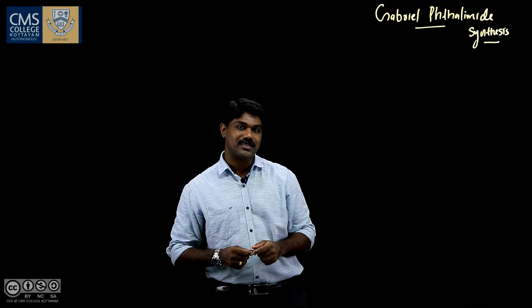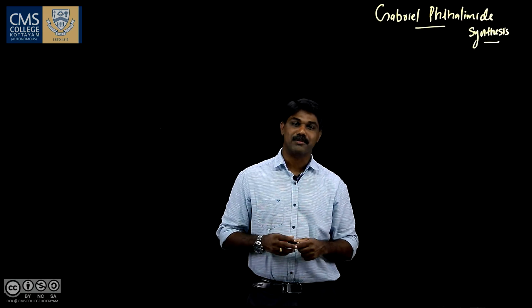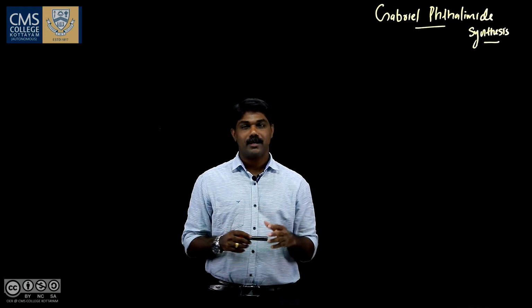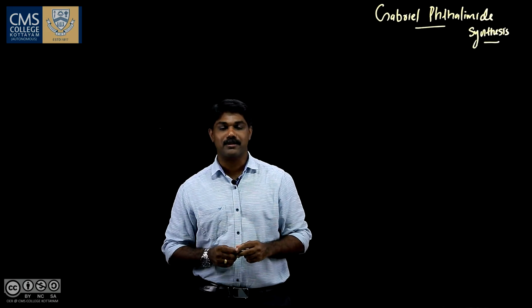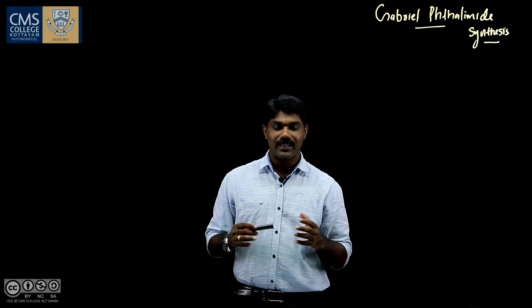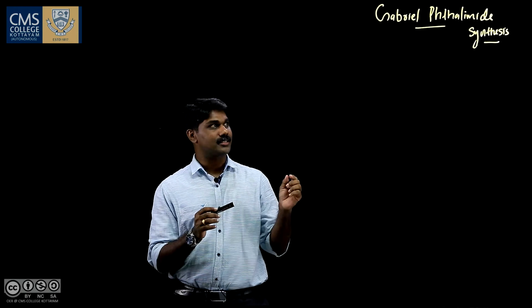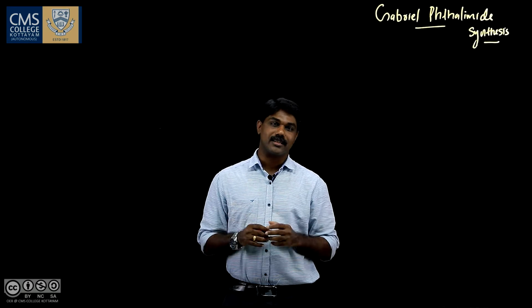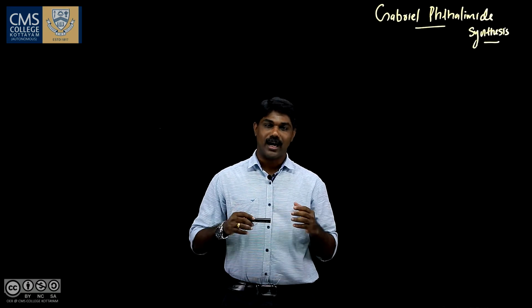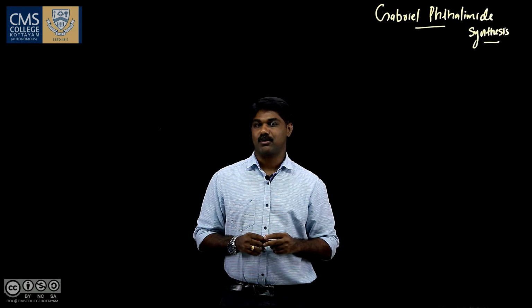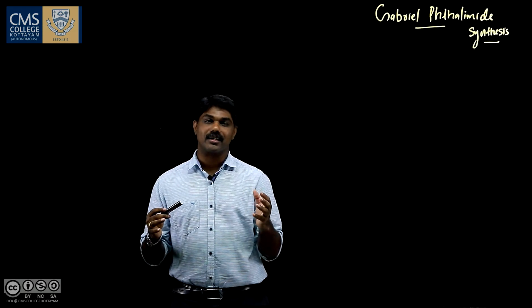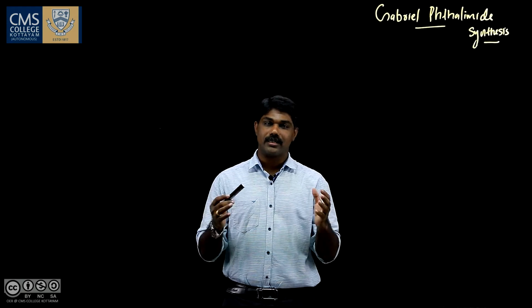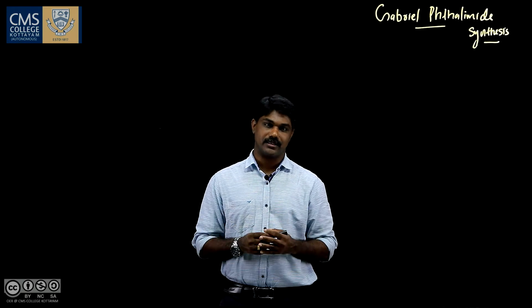Today we are going to discuss a simple, efficient and brilliant reaction called Gabriel-Phthalimide synthesis. Before going into the details, I will explain why I call this a brilliant reaction. We all know the cheapest and simplest source for preparing amines is the ammonia molecule. You can directly alkylate the cheap ammonia molecule using alkyl halides to prepare amines.